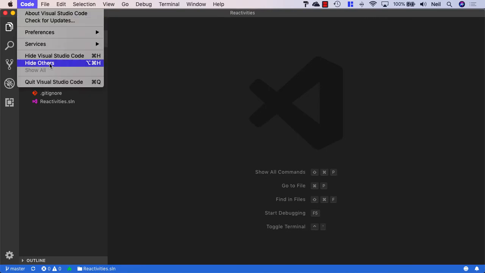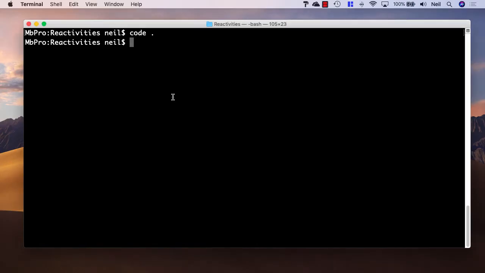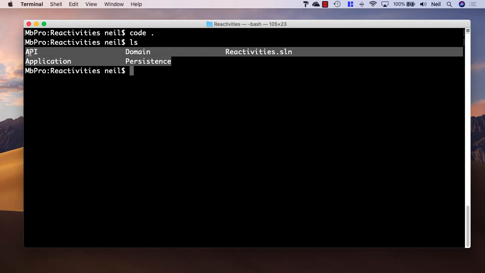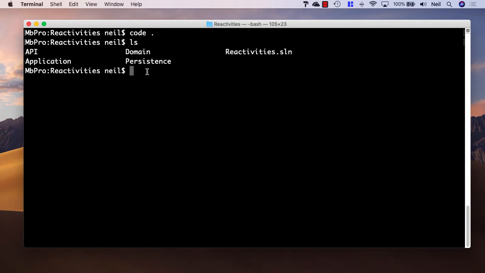So I'm just going to go back to VS Code, and I'm going to close this down for now, and we'll go back to our terminal or console window or command line window. We want to be inside our reactivity solution, by the way, when we do this, and at the moment you should just see your .NET projects inside here. And I'm going to say npx create-react-app,